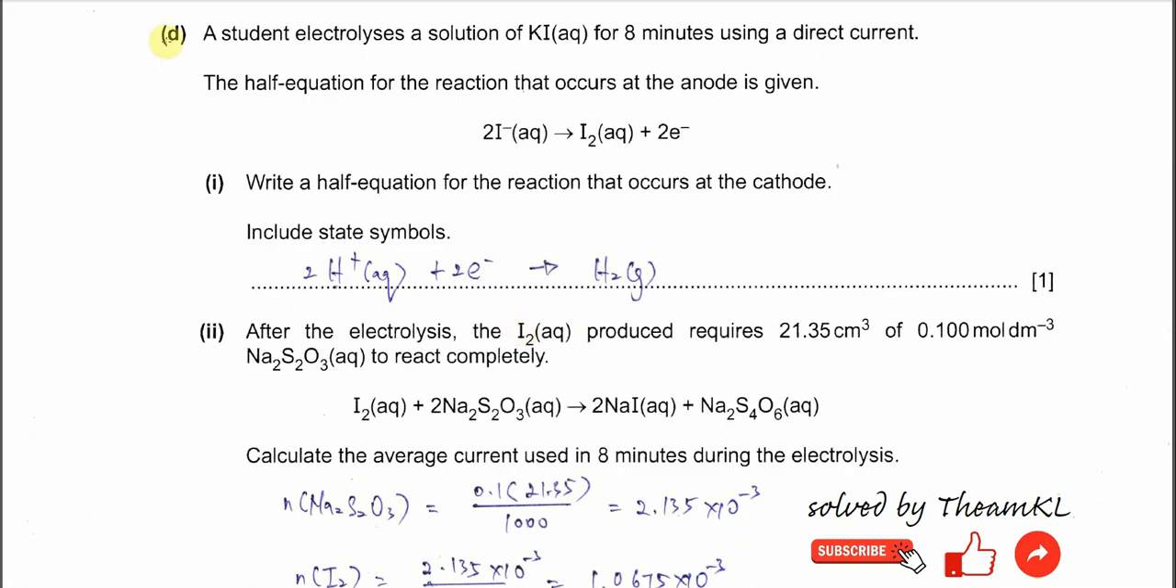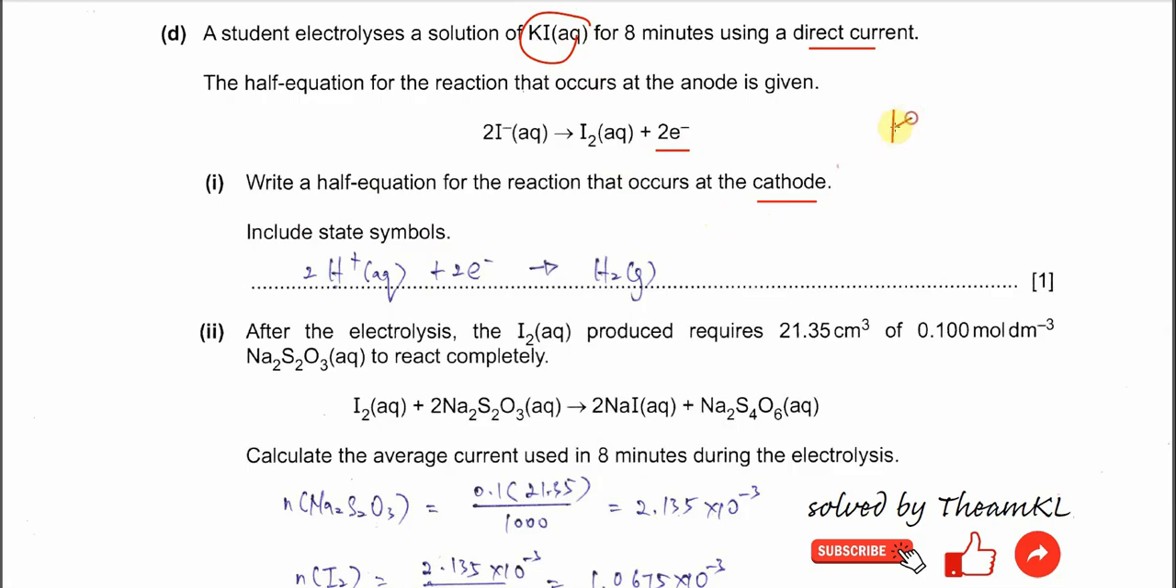Okay, part D. A student electrolyzed a solution of KI for 8 minutes using a direct current. Half equation is given for the anode. So iodide is oxidized to iodine, releasing 2 moles of electrons. Part 1. Write a half equation for the reaction that occurs at the cathode. Because it's the KI solution,